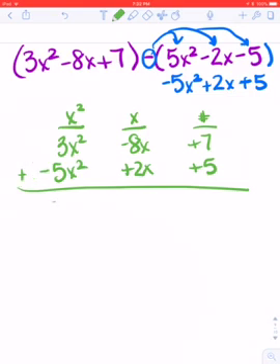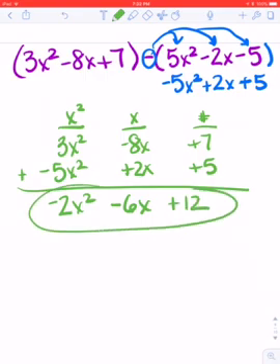So 3x squared plus negative 5x squared is going to be negative 2x squared. Negative 8x plus 2x is going to be negative 6x. And positive 7 and positive 5 together is going to be positive 12. Okay, go over